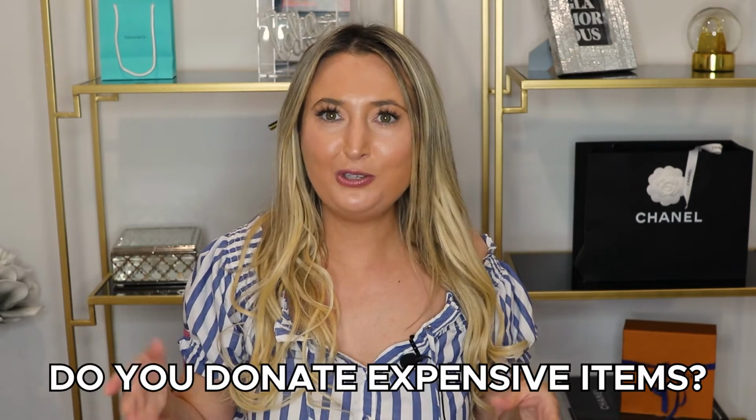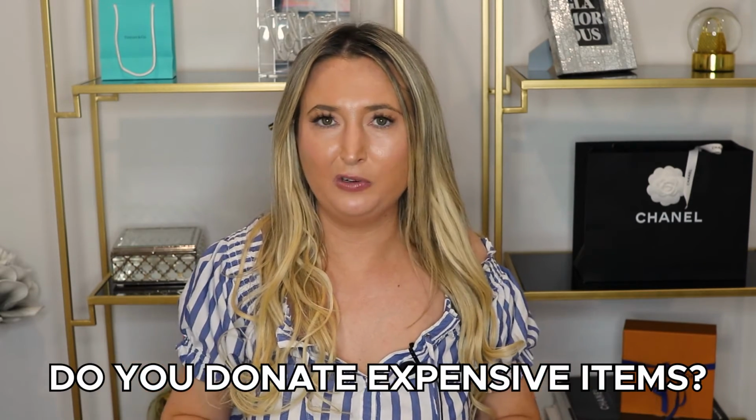Like, am I a bad person? Because I would never donate a Love Shack Fancy dress to a thrift store. I do donate clothes, but when it's very expensive items like that, I tend to either sell it on Poshmark, sell it at a buy sell trade store, or I'll give it to friends and family. Let me know in the comments if you donate really expensive stuff, or what do you do with your stuff? Would love to know. Am I a terrible person? It's just crazy to me that I just would never donate a Love Shack Fancy dress,